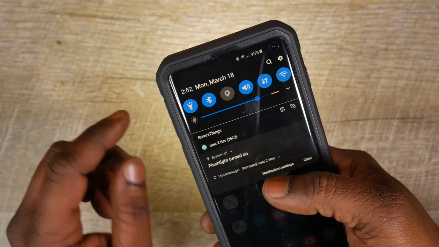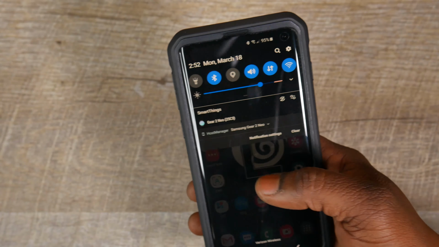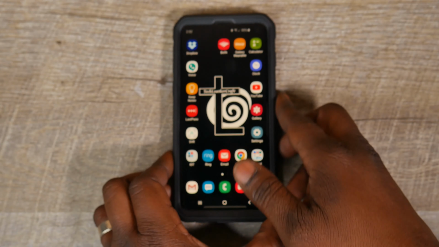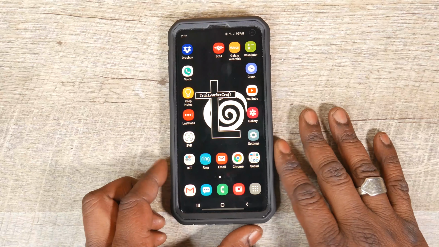But basically whatever you set it to in this panel, it will keep now when you toggle your flashlight on and off. Alright guys, the third and last hidden feature that I have not seen mentioned anywhere in the Samsung press releases or anything